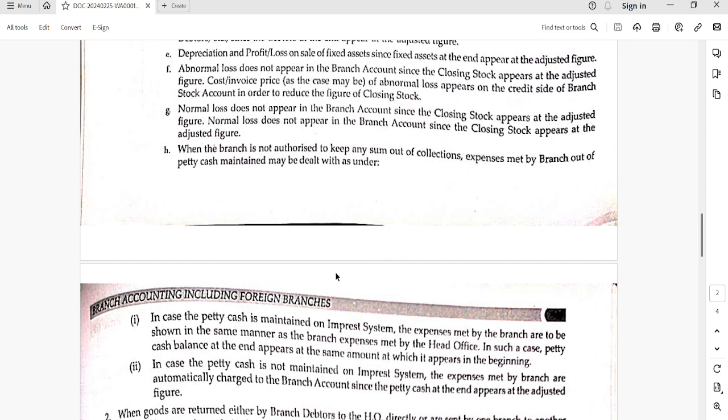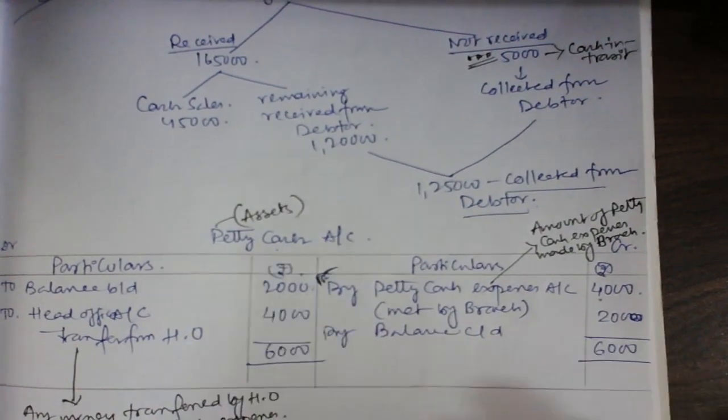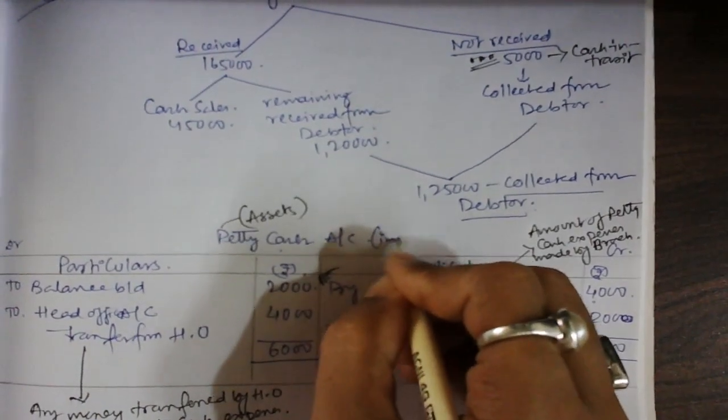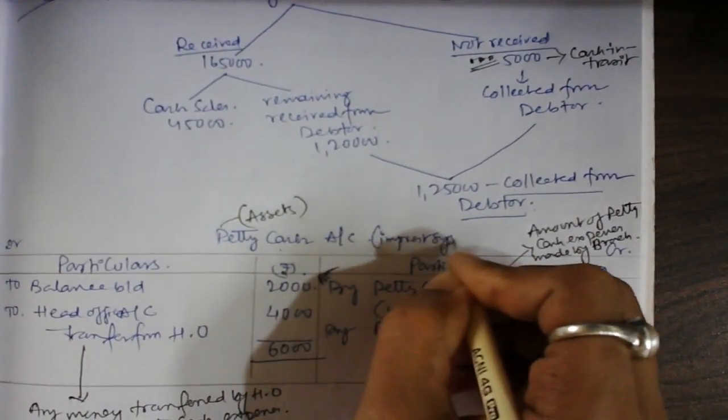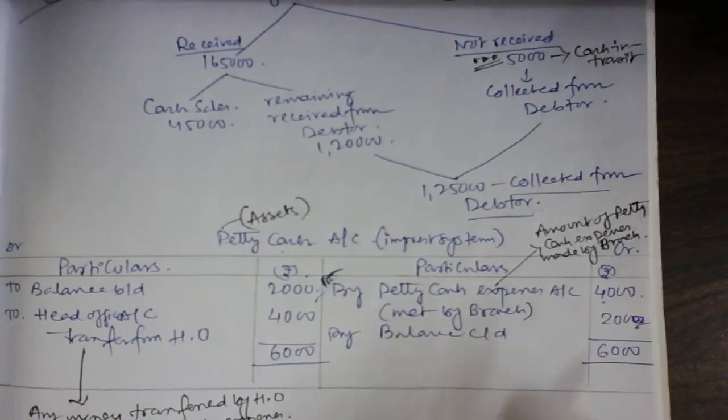Now can I prove it? Can I prove it? देखिए guys, एक बार, just open the question number 1A that we have just completed. In question number 1A, we have petty cash under the imprest cash system. Here you can write under the imprest system. When you maintain this under the imprest system, it is clearly seen opening balance and closing balance are the same,